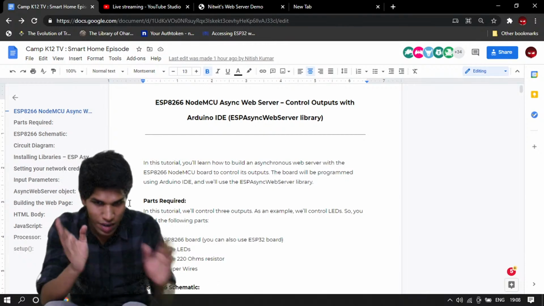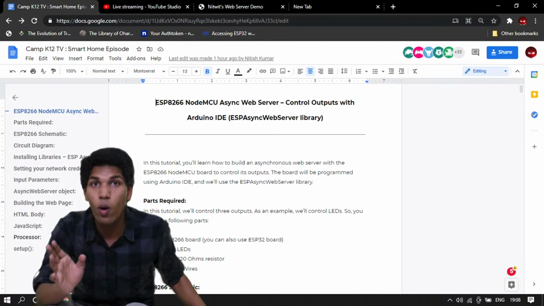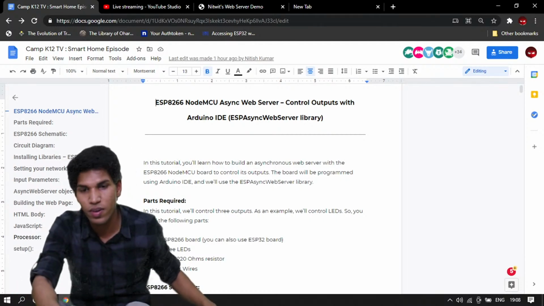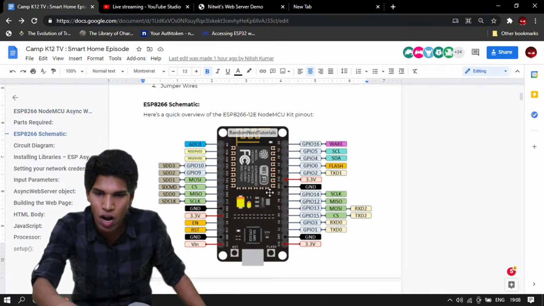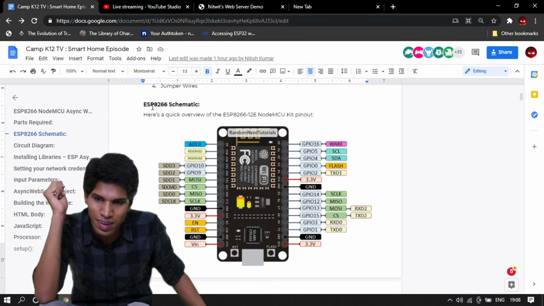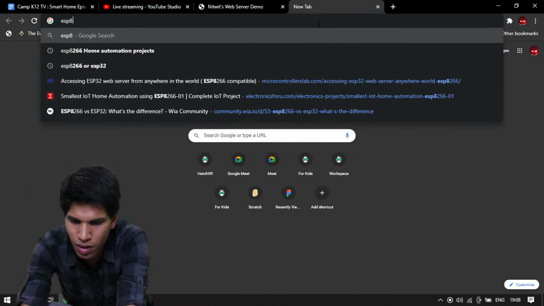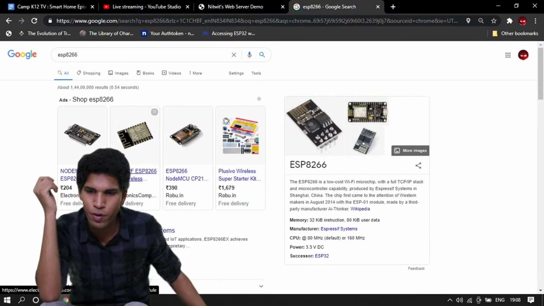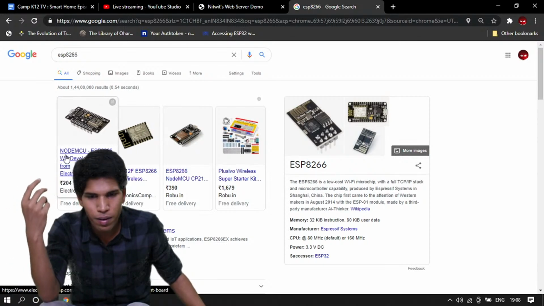So let's begin. What parts are we going to need and what are we going to do with those parts? I'm not able to show it on my table right now, but we are going to need a circuit board called ESP8266. The ESP8266 is a circuit board, barely around 200 bucks, so it's a very cheap board.